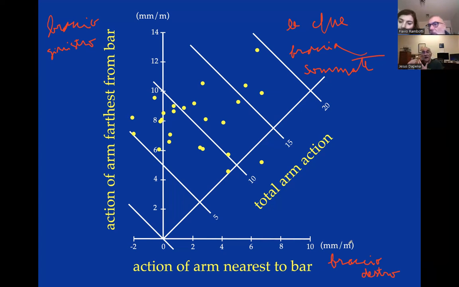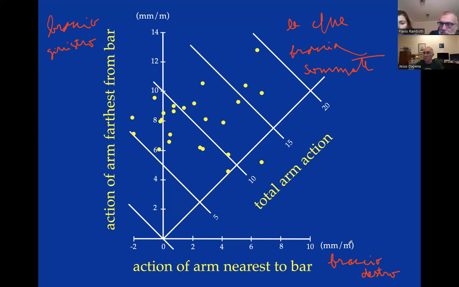The reason is that I have made corrections in these values. I divide that value by the standing height of the athlete. Because obviously, if you're a big guy, very tall, this movement is going to be a much longer distance than if you're a little guy. It's going to be a smaller movement. I correct for the standing height. I also correct for the weight of the limb. Okay, so don't worry about the units.